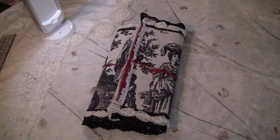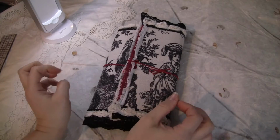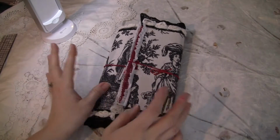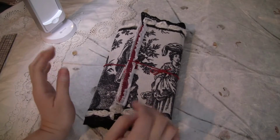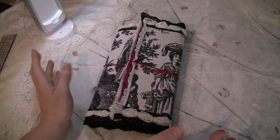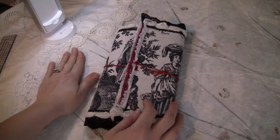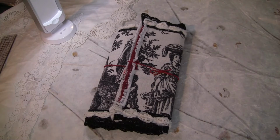Hello everyone. Today I think I'm finally ready to share my version of a Fauxdori type, Midori type traveler's notebook. It's a journal with inserts that you can switch in and out as you like and as you need. And I don't know who started it originally, but I do know the Japanese version, Midori, is very popular, and